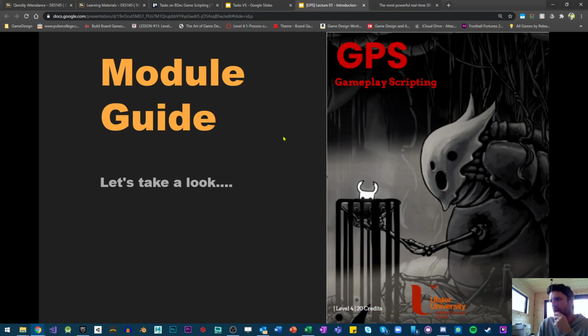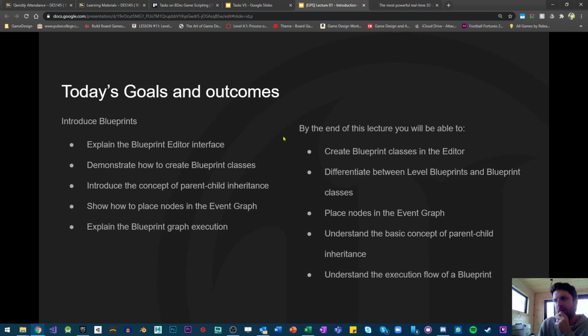Module guide, we've already gone through that, that's fine. Okay, so today, what we're going to do is we're going to go through blueprints. So we're going to explain the blueprint editor and the interface. We're going to demonstrate how to create blueprint classes. We're going to introduce the concept of a parent-child inheritance class system inside Unreal 4. We're going to show how to place nodes in the graph, explain the blueprint graph execution,